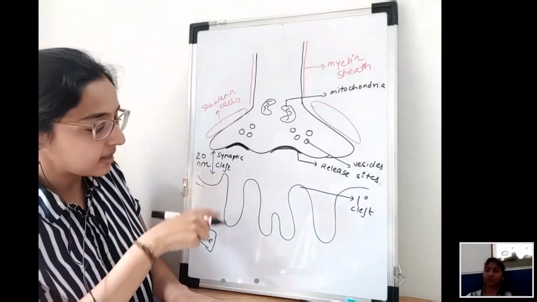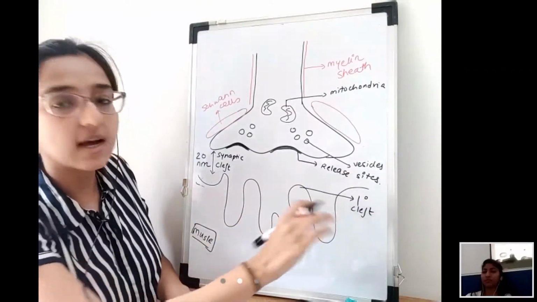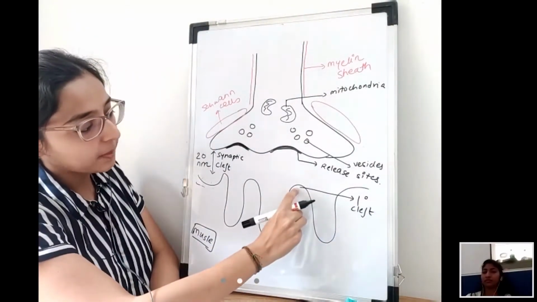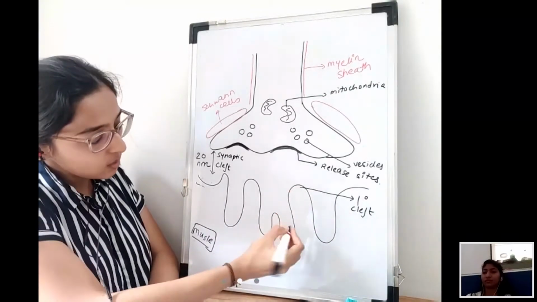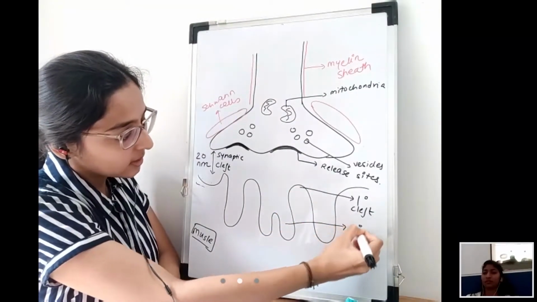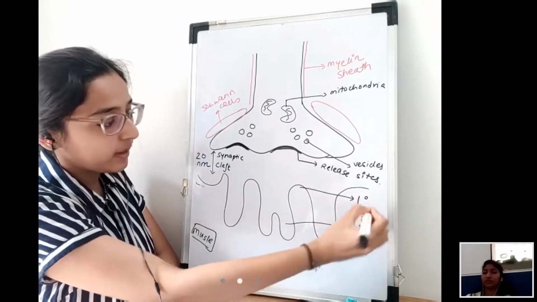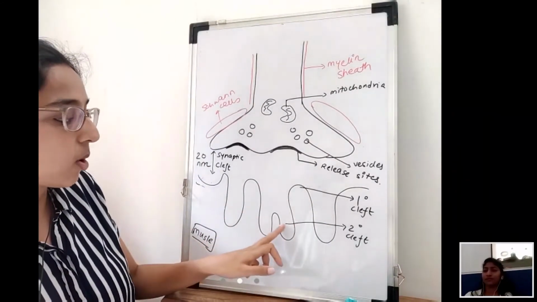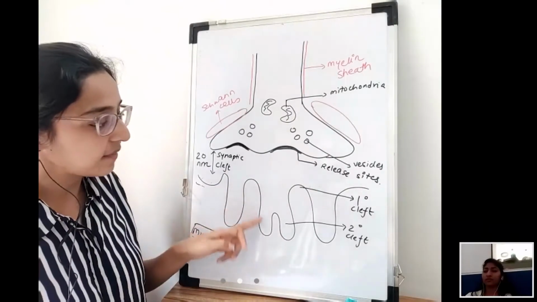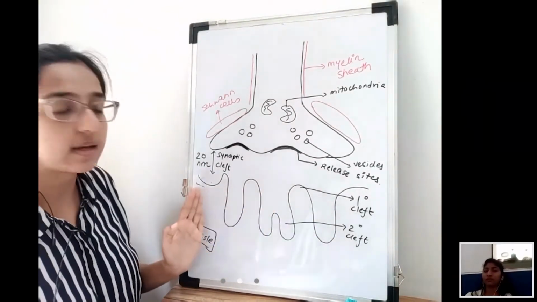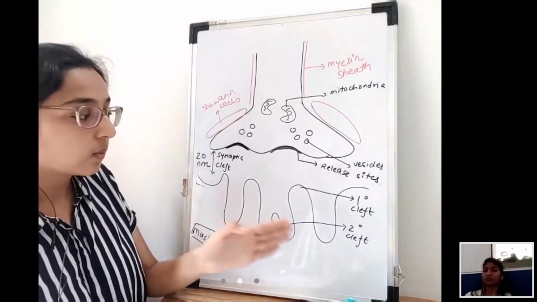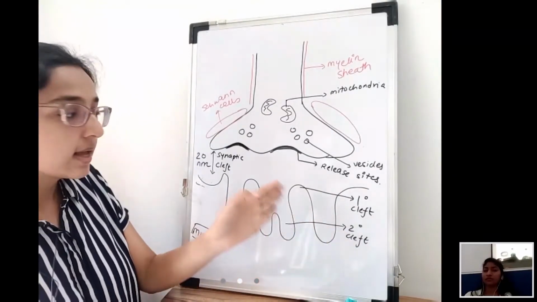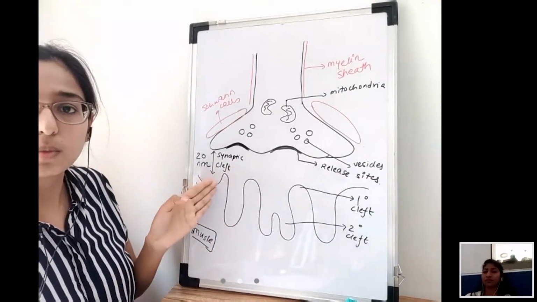All right, this muscle membrane is corrugated. So what these waves are, you can call it corrugated. You can say they are folds. So there is something known as primary cleft, and something known as secondary cleft. Any point here you cannot appreciate my writing, let me know. The big ones are primary clefts, the small ones are secondary clefts. Now why are these clefts there? They are there to increase the surface area of the muscle membrane. Why? Because larger surface area means more space for the sodium channels, right? There'll be more space for the acetylcholine receptors to occupy, correct?